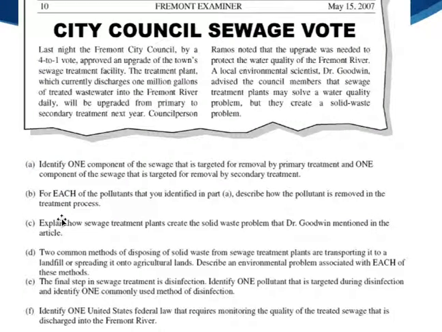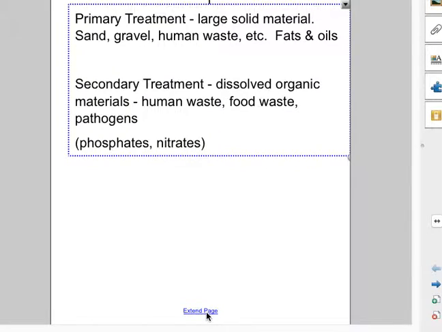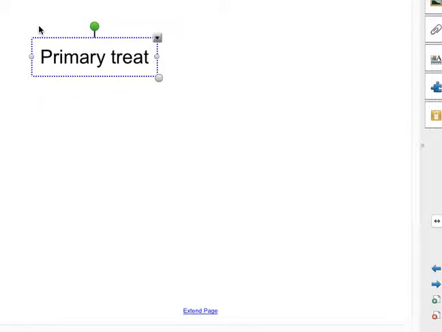Okay, let's take a look at the next question. For each of the pollutants that you identified in Part A, describe how the pollutant is removed in the treatment process. Okay, so primary treatment, let's move this up a little bit so you can see it better. There we go. Primary treatment